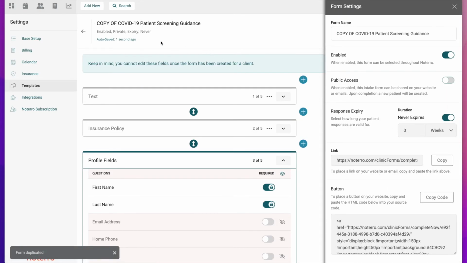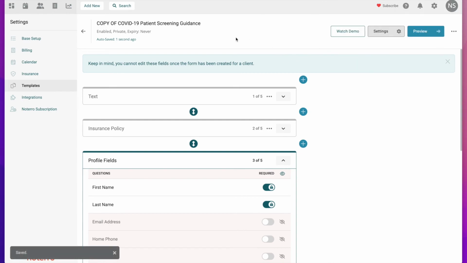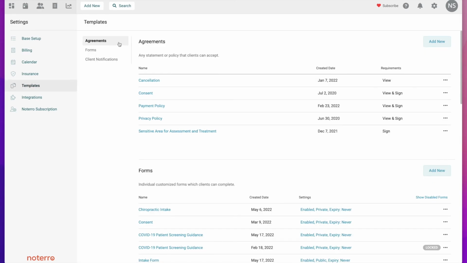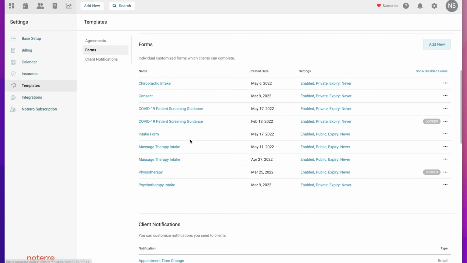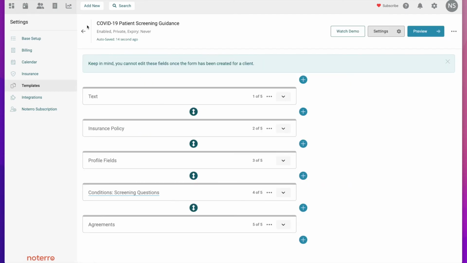Okay, and so when you duplicate, you get this copy of, for example. So you want to get rid of that copy of. And so now I've removed the copy of, and I'll close this. And if I refresh the screen, the form, you'll see, becomes updated. I didn't mean to jump out of there. Let me just go back to the COVID-19. So it appears as a COVID-19 when I refresh the screen,